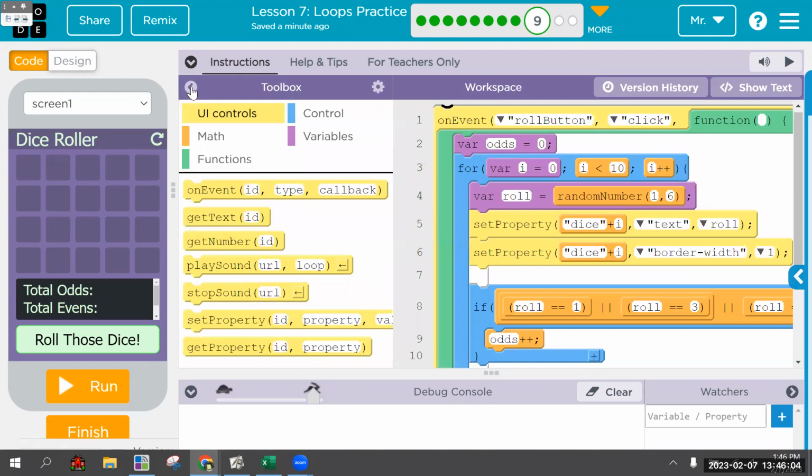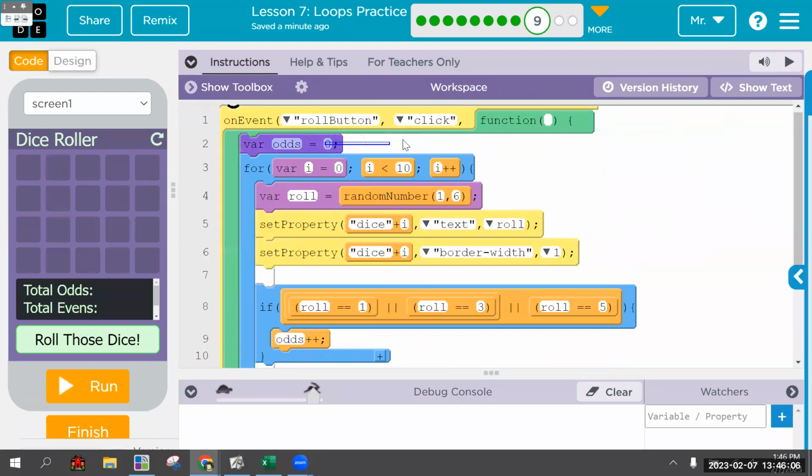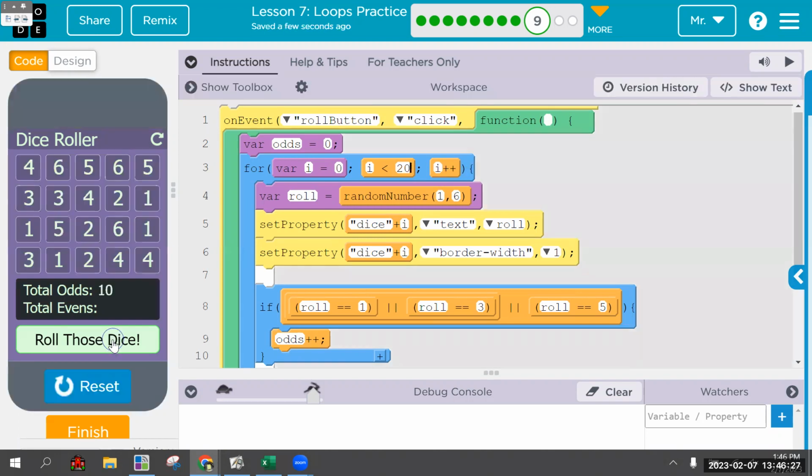And we don't need a variable for both of them, because one is going to be the value of whatever it is, and the other is going to be 20 minus that number. So it doesn't matter which you keep track of. In this case, I guess we're keeping track of odds. And we definitely want to do things 20 times. So even changing that one thing will give us a